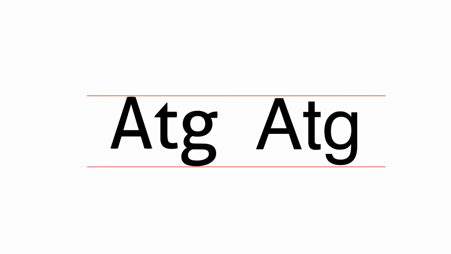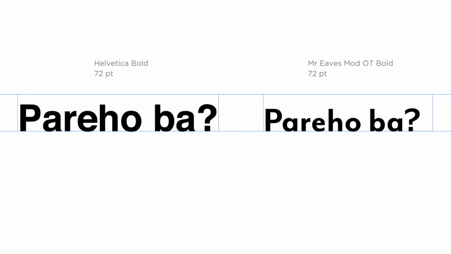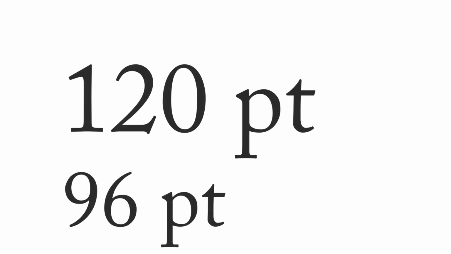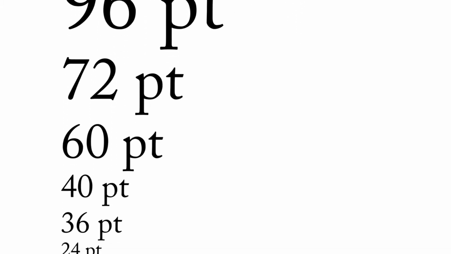One thing to remember about points though, they look different for each typeface. Here is an example of two typefaces, both set in 72 points. Note their difference in size. Here's another one. In the days of metal type, letters couldn't be scaled dynamically, so they were sold in standard point sizes that